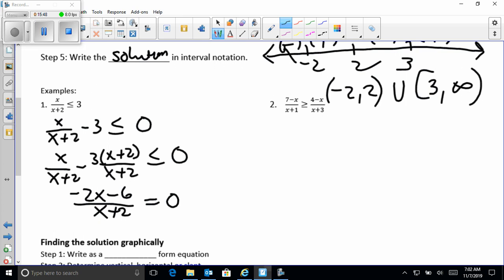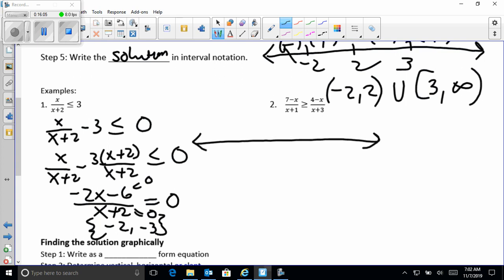So when would we get something that's 0 or undefined? We have to check those undefined points. If we set that equal to 0, we get -2 and -3. So looking at our number line, -3, -2. This time we only have 3 test regions. Little test points in there. So we'll try the f of